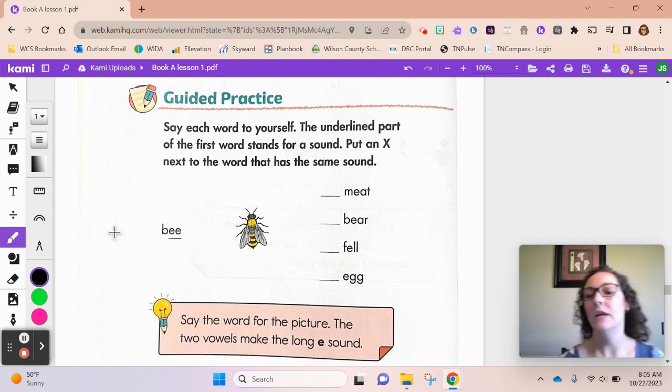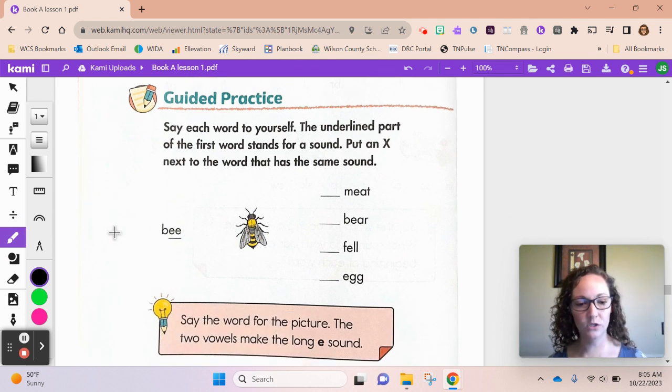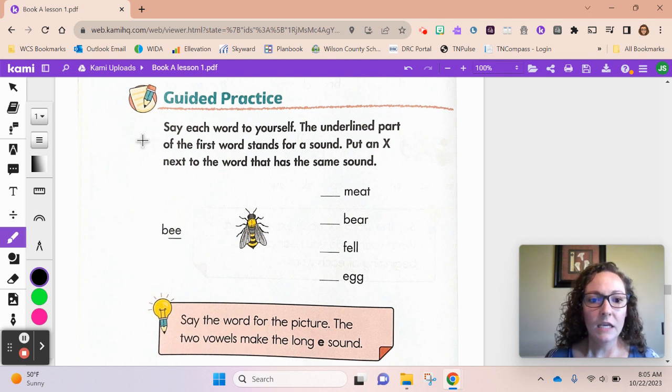So now here we have our guided practice. So we're going to practice what we just learned. The directions say read each word to yourself. The underlined part of the first word stands for a sound. Put an X next to the word that has the same sound. So in this case,